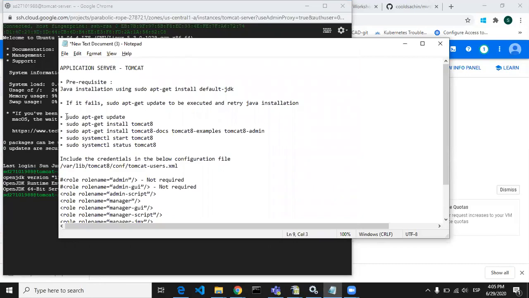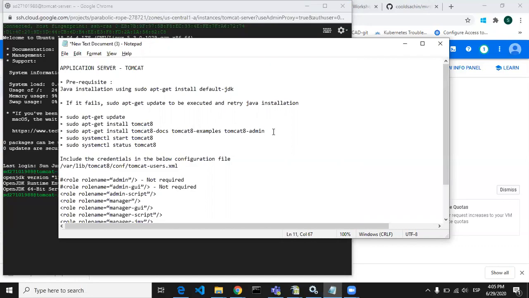Now you have to run the command sudo apt-get update, so that all the software already available in your Ubuntu operating system gets updated. Then you have to run the command sudo apt-get install tomcat8. After that, sudo apt-get install tomcat8-docs, tomcat8-examples, and tomcat8-admin. In between the execution, you will be asked, do you want to continue? Then you always have to click yes. Okay.